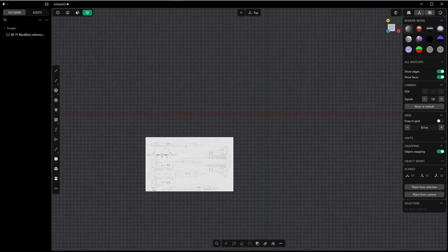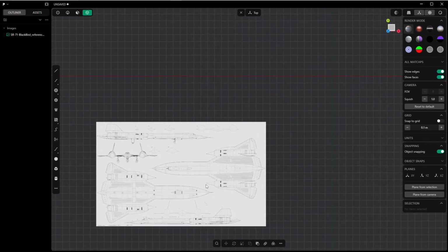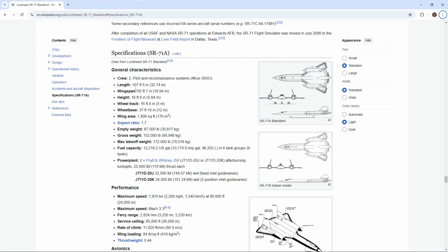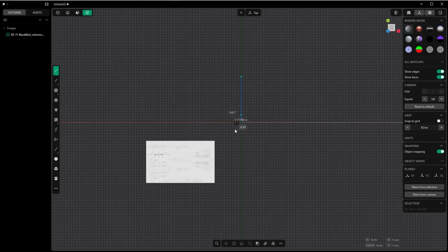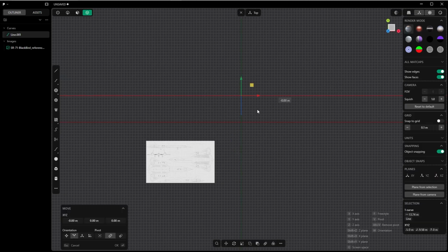Okay, let's say you have a reference image like this and you want to have a specific length. Here on Wikipedia, I looked it up: 32.74 meters. Create a line, G, X, and as soon as you start dragging, don't do anything else but press Tab until